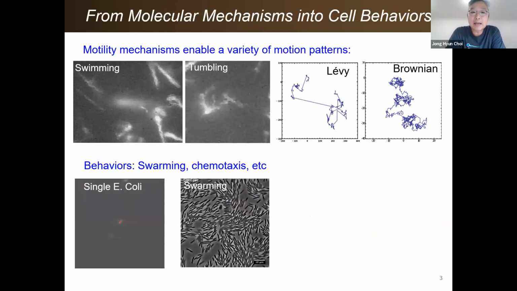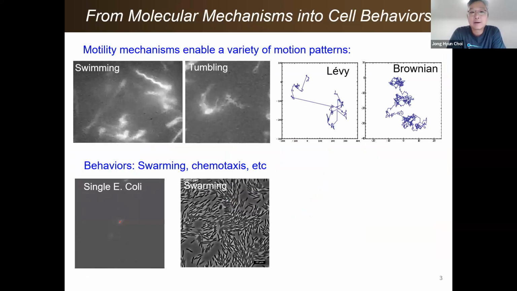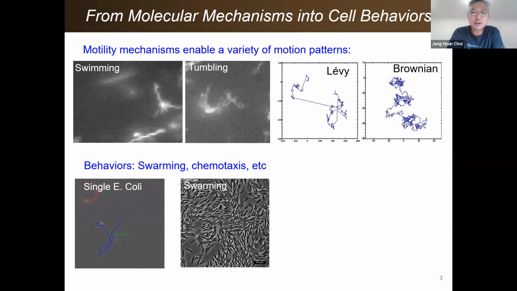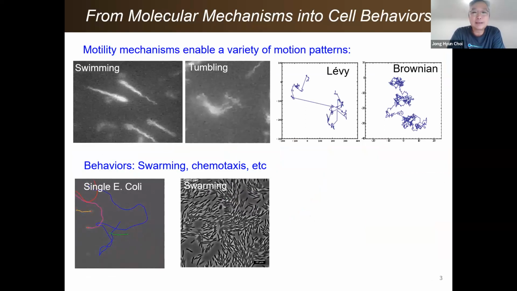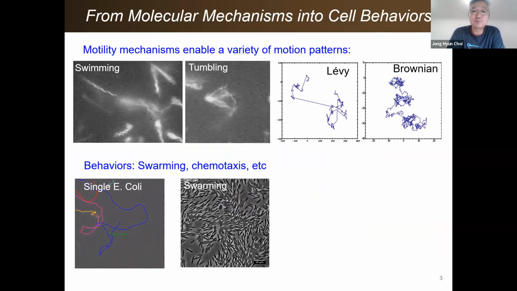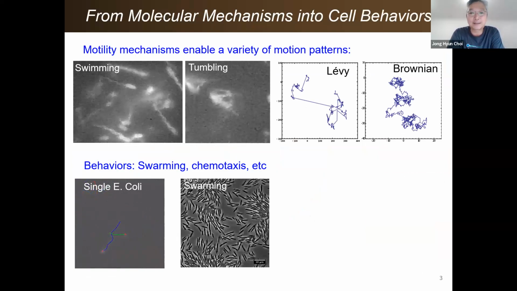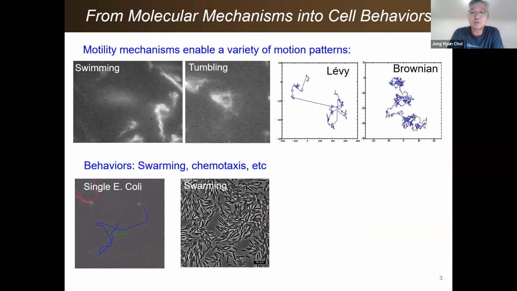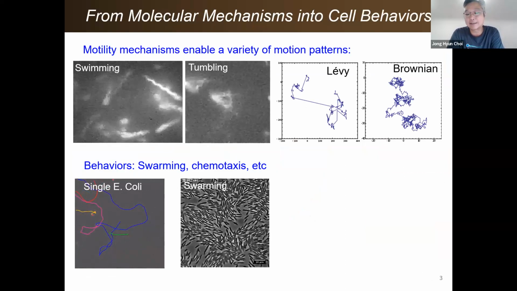When we look at the motion of biological cells, particularly E. coli and other bacteria, they show really interesting motion patterns like swimming and tumbling, which may be modeled as Lévy flight or Brownian motion. Not only this diverse set of motion patterns, they also show really complex behaviors such as swarming and chemotaxis and things like that. So over the years,